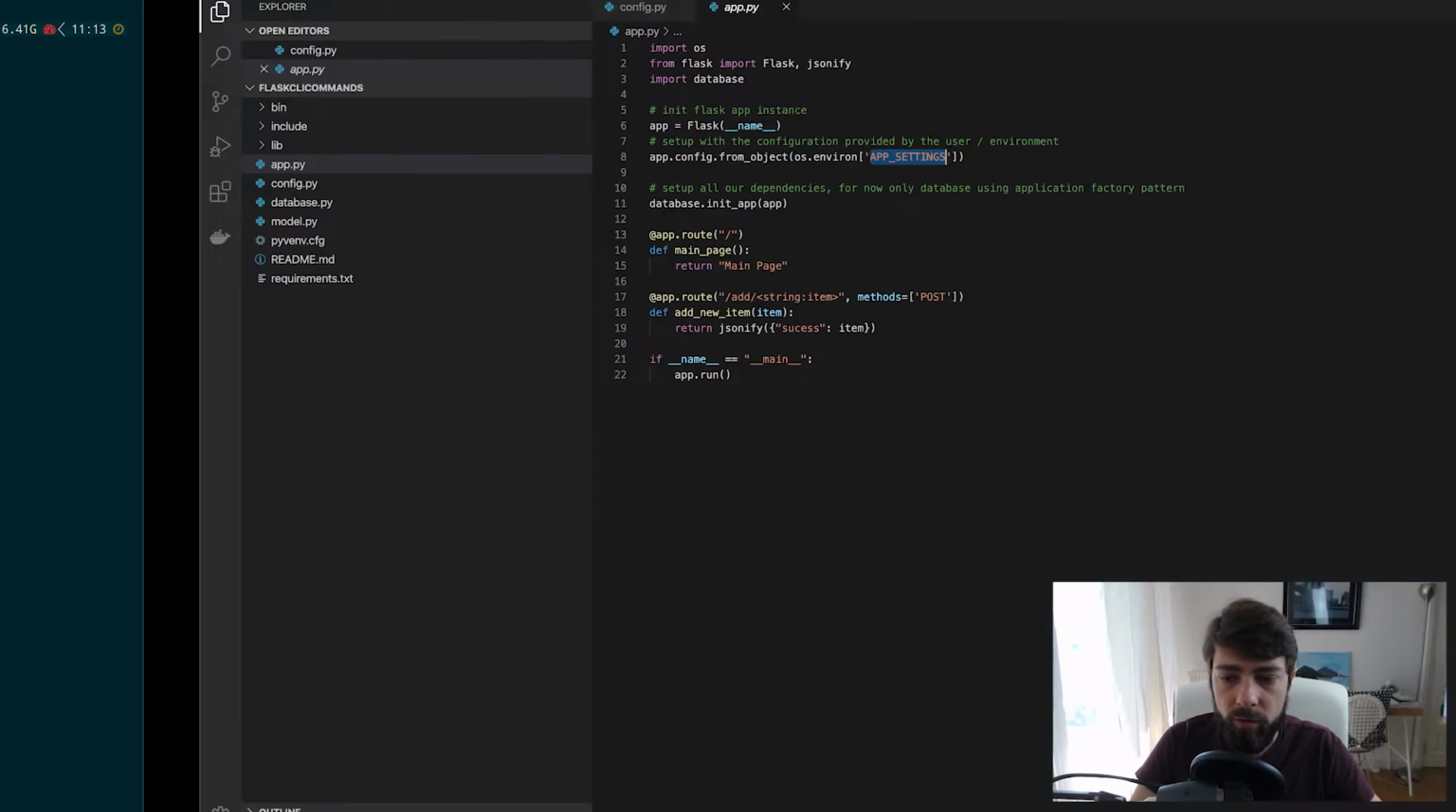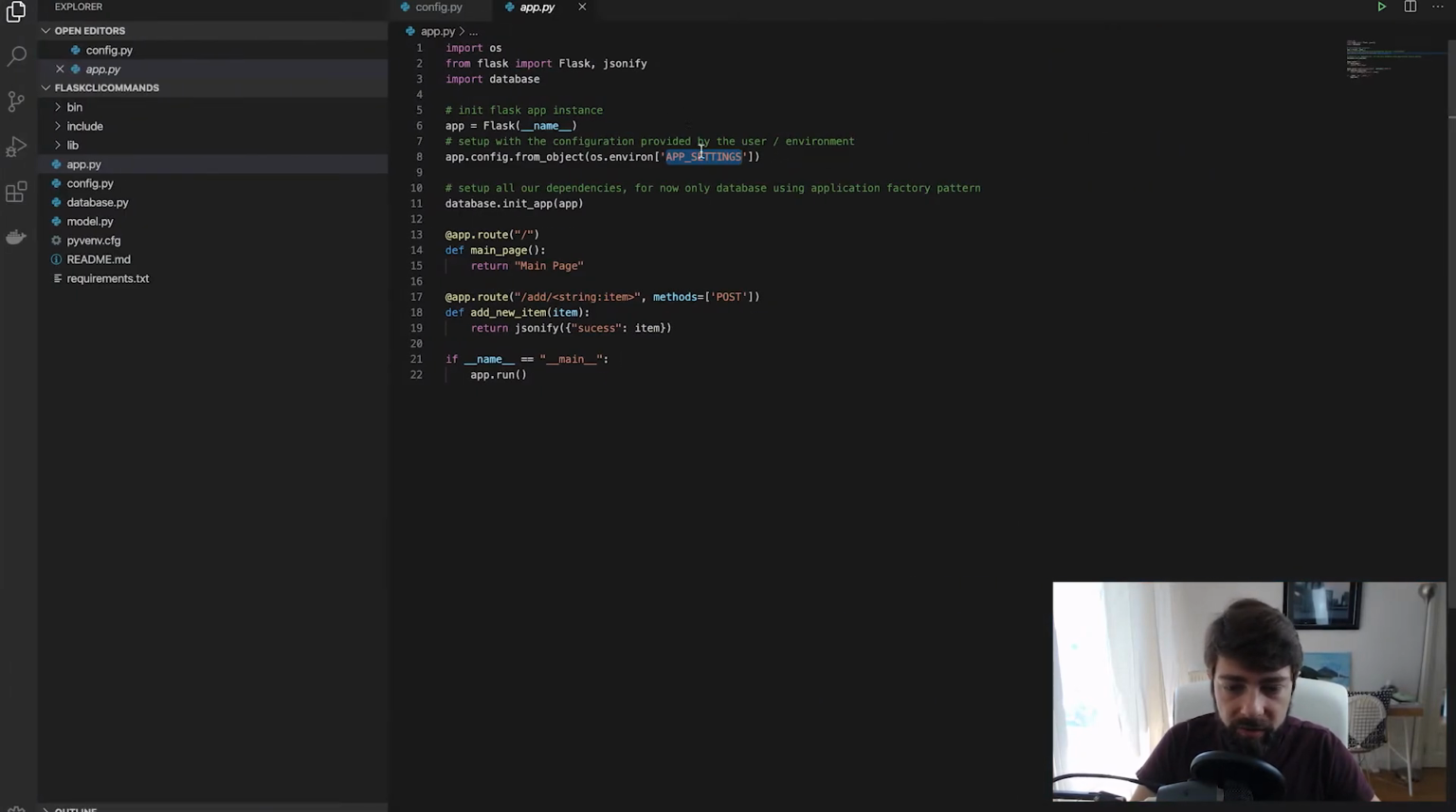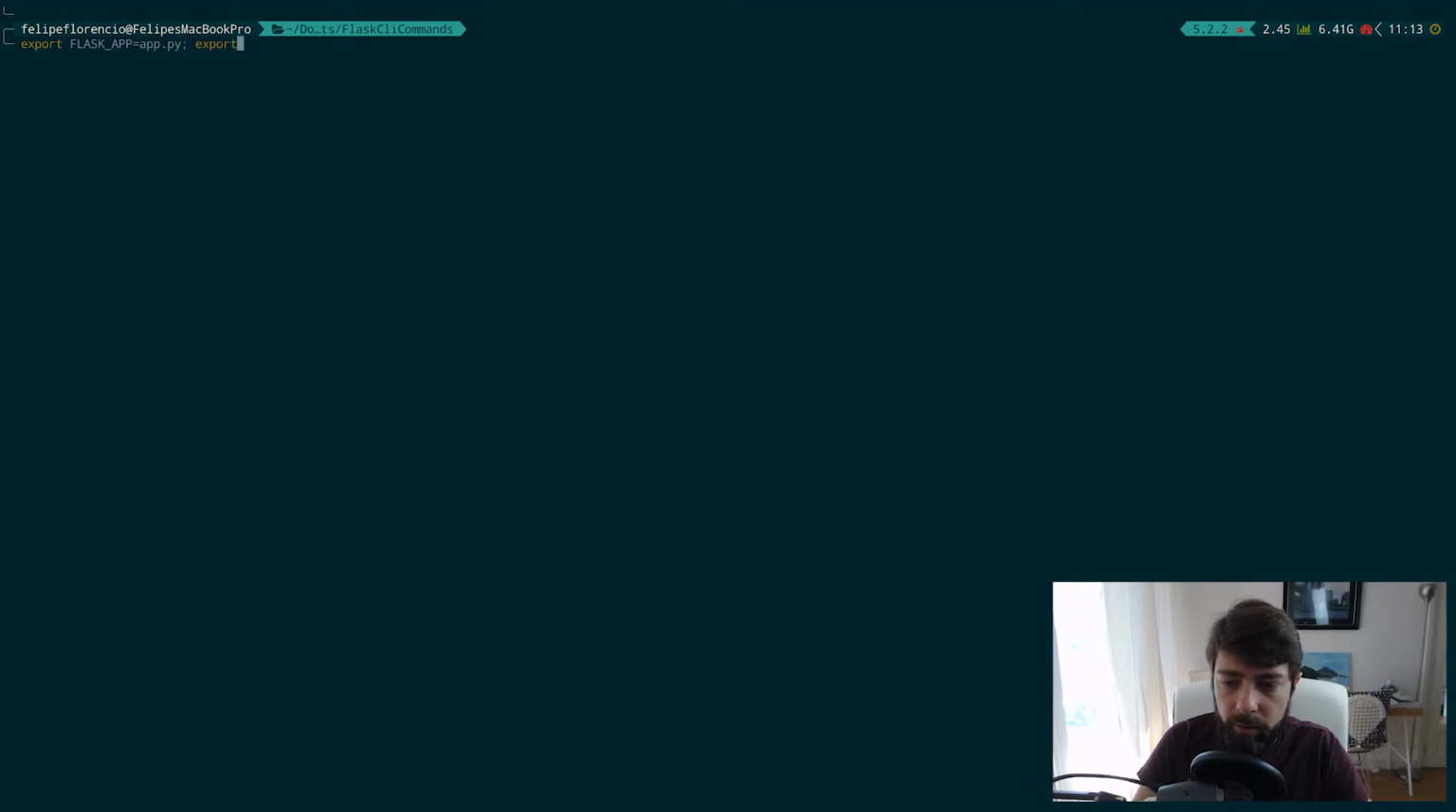Another thing that I need to do, because it's saying here I need this app settings, so I will export this too. And what I'm doing here is basically saying in the shell, okay, do this command after you do this command. We can use a pipe, but I prefer to use this one for now. And here I will say config